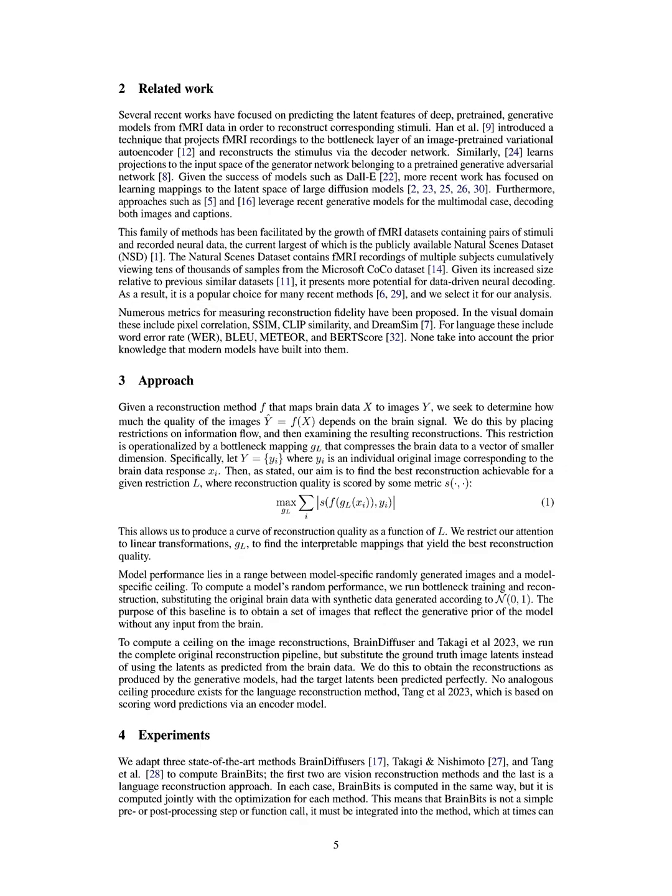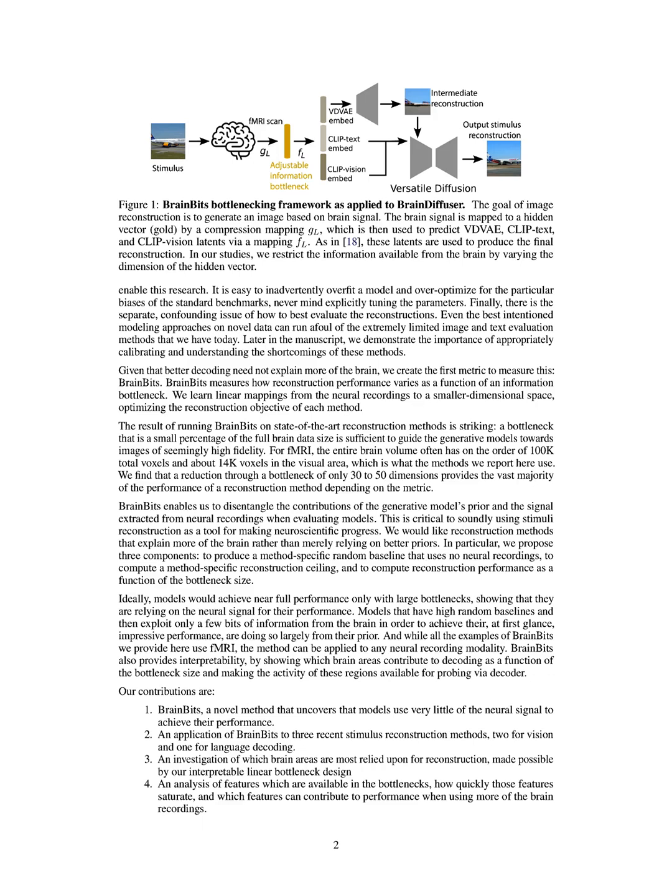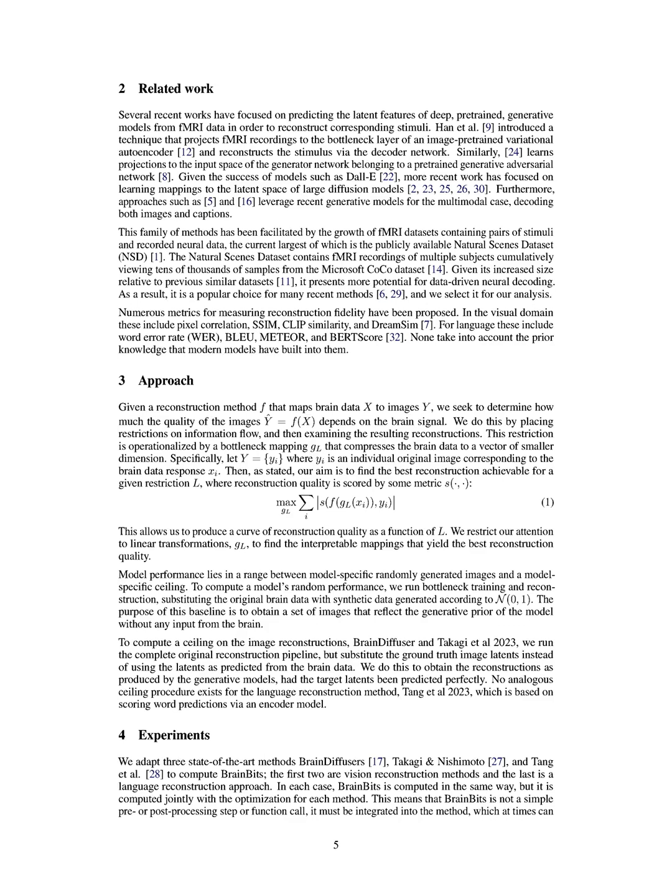For instance, if we start with approximately 14,000 voxels of fMRI data from the visual area, we can apply a bottleneck mapping that compresses this data down to a size of 50 dimensions. This bottleneck retains the essential information needed for reconstruction while discarding extraneous data. When we run the reconstruction process, we find that this 50-dimensional bottleneck achieves about 75% of the original performance as measured by the DreamSim metric, indicating that a significant amount of information can be effectively captured with a much smaller